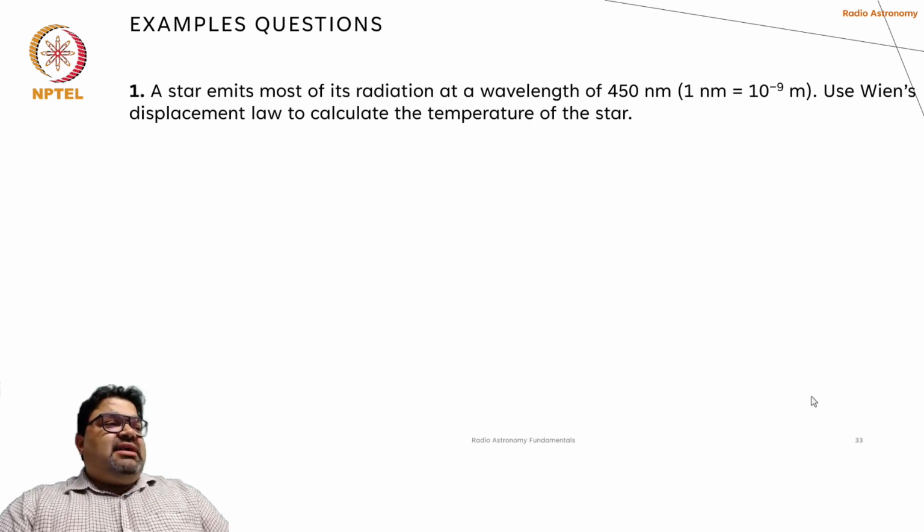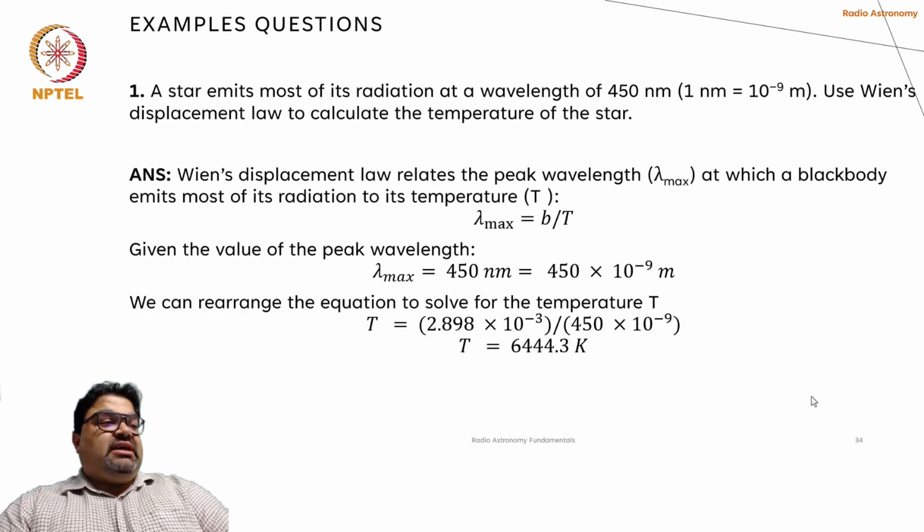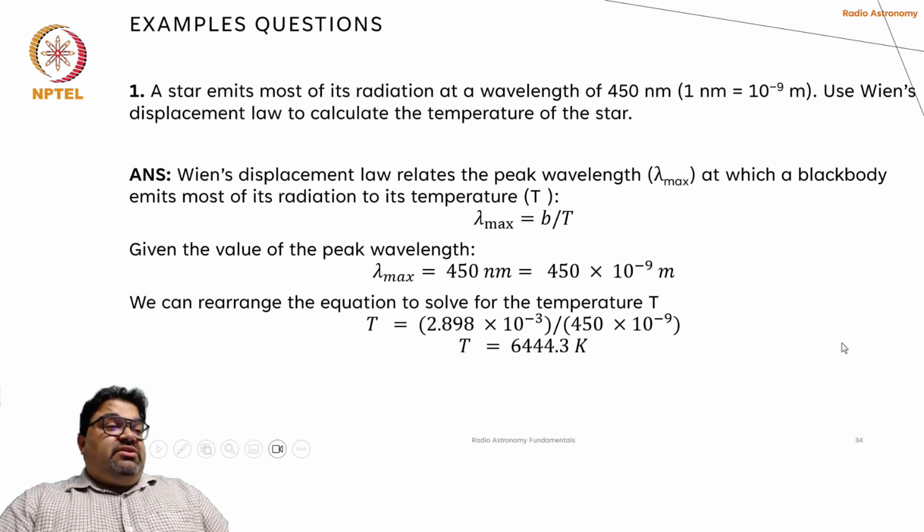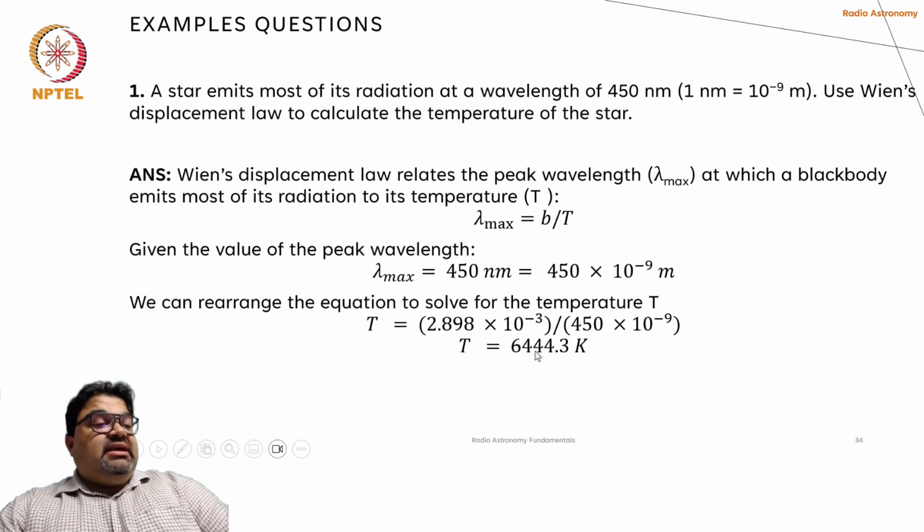A star emits most of its radiation at a wavelength of 450 nanometer. Use Wien's displacement law to calculate the temperature of the star. So we know lambda max equals B over T, where B is the Wien's constant. And so if we know the maximum wavelength is 450 nanometer, then given the value of B, we can calculate the value of the capital T as